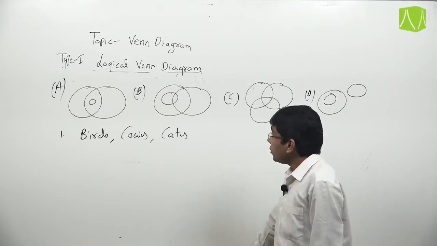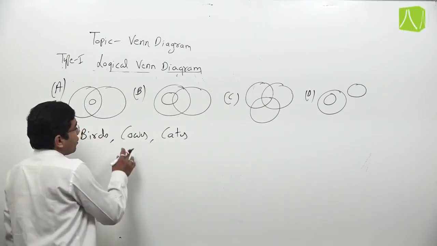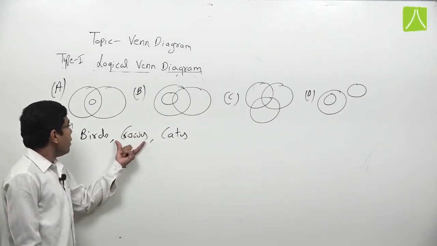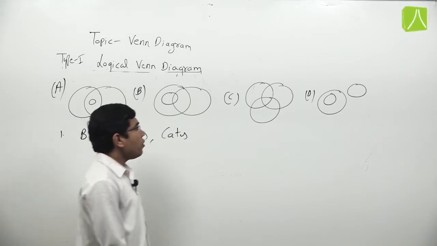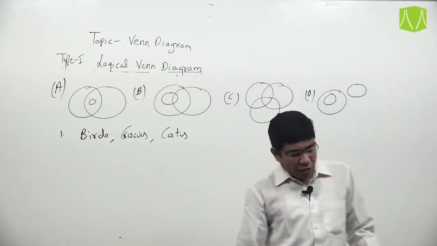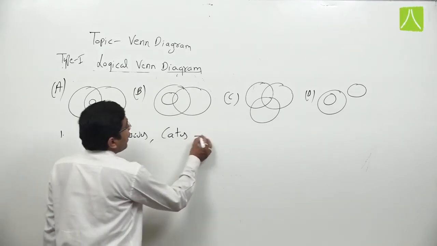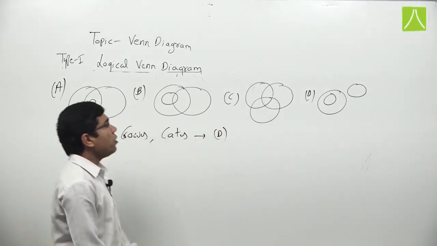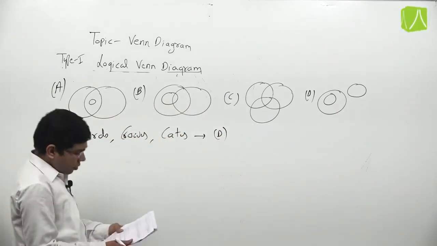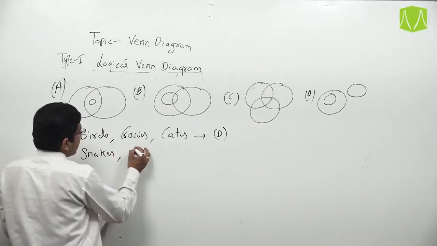Friends, we know that birds, crows and cats, sorry, it is crows not cows, birds, crows and cats. For this we know that all crows are birds and there is no relation between the cats. So the proper Venn diagram for this is option D, because all crows are birds and cats is a different animal. Now suppose the second question, we have to find the Venn diagram for snakes,